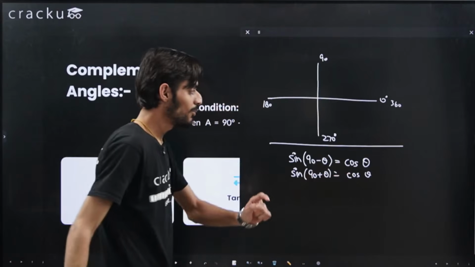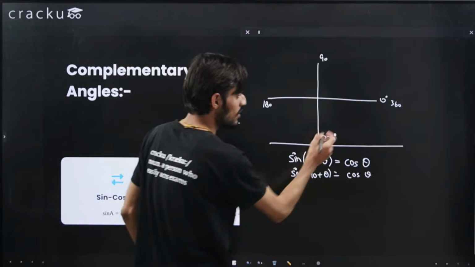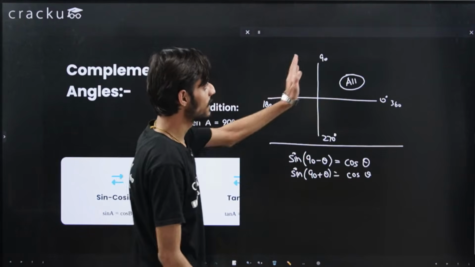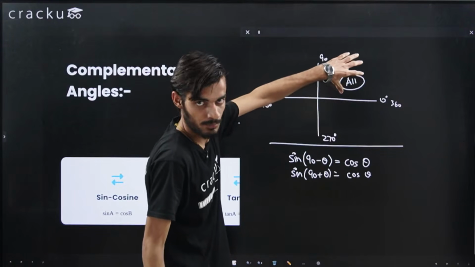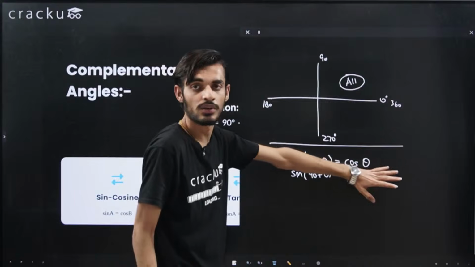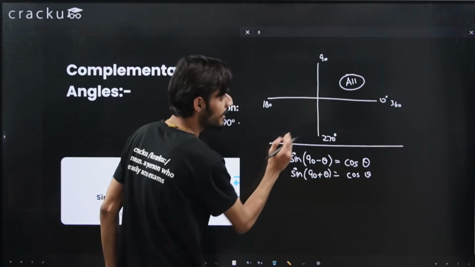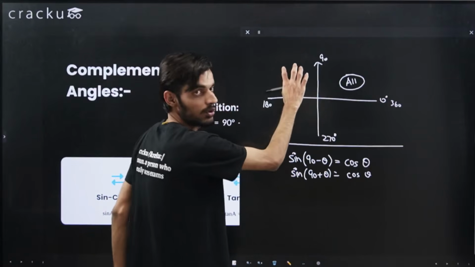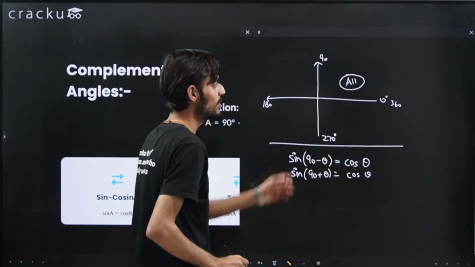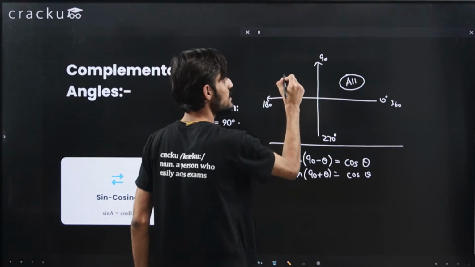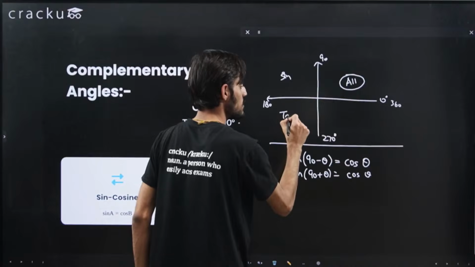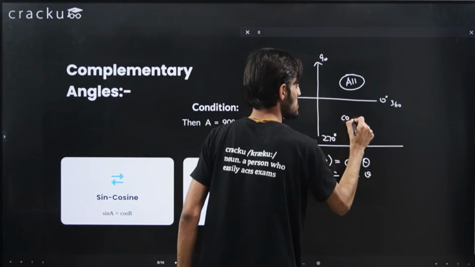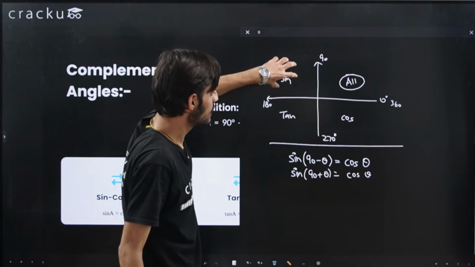But one more important thing that you need to note here is that because in the first quadrant all are positive, we need not worry, because 90 minus theta, that is 90 minus some value, will result in this particular quadrant. So there is no need to worry, it will be cos theta only. But when we are writing 90 plus theta, that means that we are moving above 90, right? 90 plus theta means in this particular quadrant, and in the second quadrant we know that add sugar to coffee. Sugar means sine, this means tan, this means cos, right? So here the sign is positive.